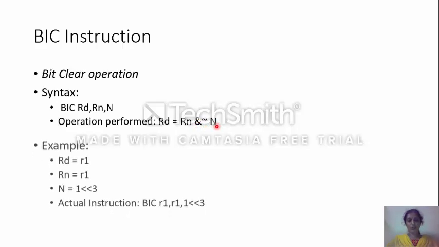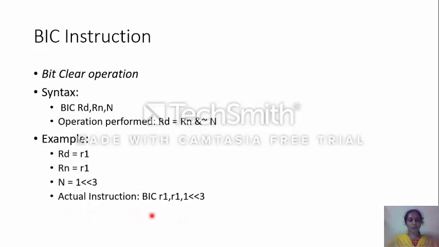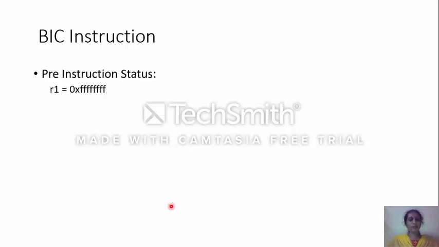So how it is actually executed, I will show you. This is just one example. Only one register is actually used here, because you are already familiar with how we can use different registers, so I have just changed the syntax of the instruction here. Here R1 is ANDed with this particular immediate number, and then the result is again stored in R1. So I am going to perform the operation on the contents of R1 only. Now how it is performed, I will show you.